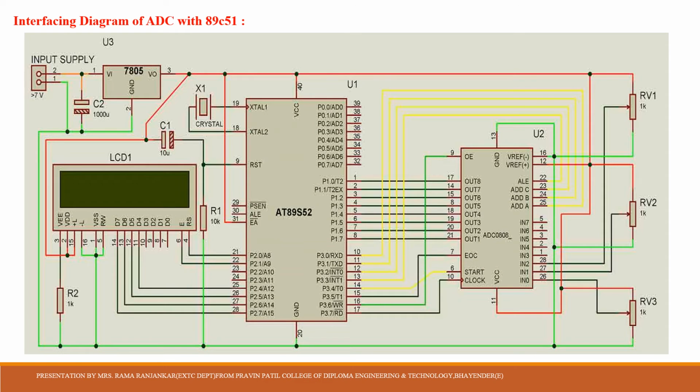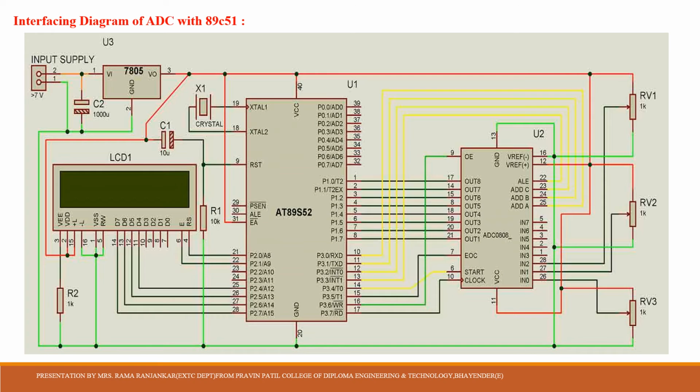Now in ADC IC interfacing 4 pins are important. First is address pins. The pins from which we have to convert the data, their addresses are assigned to the address pins. Address latch enable is used to show the address. Then start of conversion and end of conversion are very important.